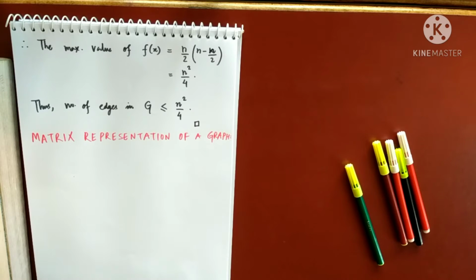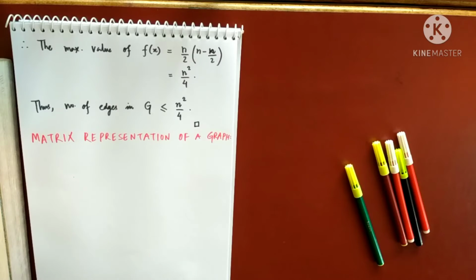Now, there are many algorithms which will be used to find the shortest path in a graph. When I talk about a vertex u to a vertex v, there can be many paths. Okay, there can be many paths from vertex u to vertex v. Among all those paths, we'll be interested in the one which is shortest, shortest in the sense of consisting of fewer edges. So there are many algorithms which we'll be using to find the shortest paths, and we write a computer program for that.